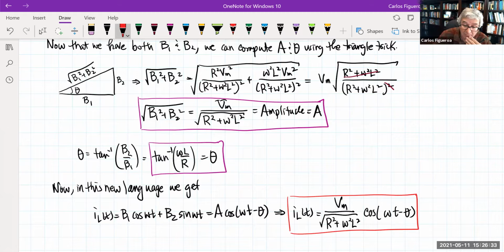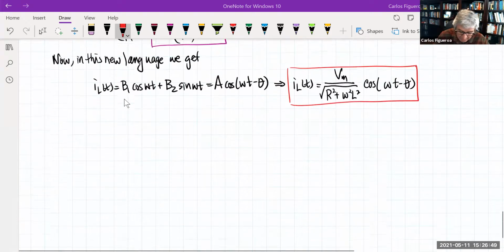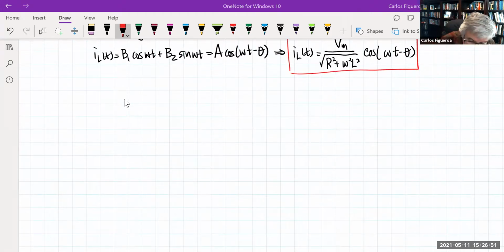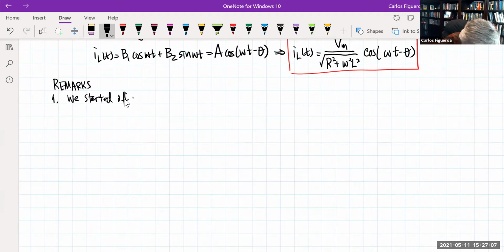Now this is remarkable, because what's remarkable about this here is that this is a respectable solution, right? If I go and look at this thing here, let me find my mouse so that I can move up. So if I was to make some remarks here about this solution, the first one here is that we started off with a respectable